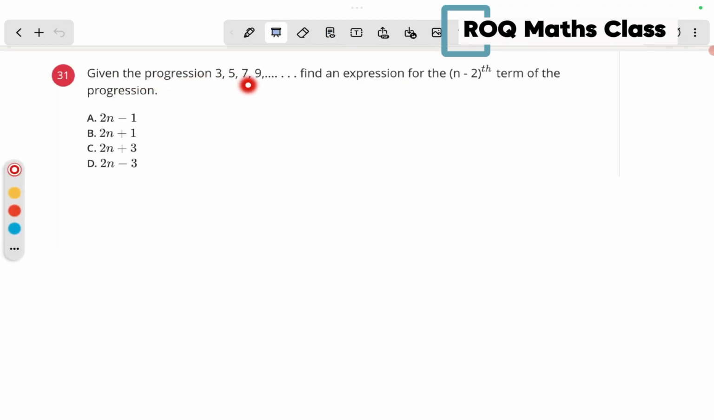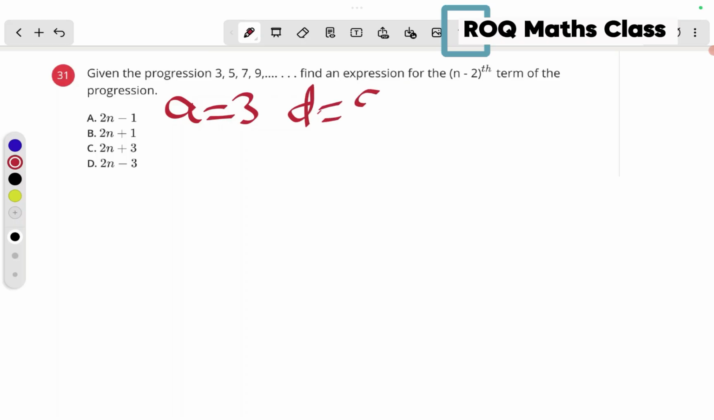So, given the progression 3, 5, 7, 9, find an expression for the nth term of the progression. Good. Looking at this sequence, we are going to say that this is an AP, which is an arithmetic progression, that is a linear progression. So what we are going to do is that our first term is 3, and our difference is 5 minus 3, which is the same thing as 2, and our nth term